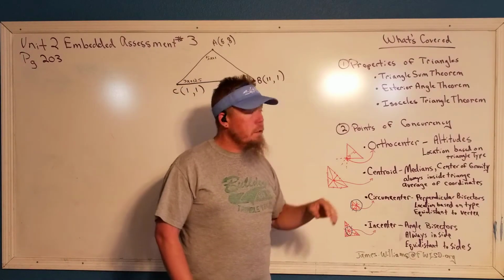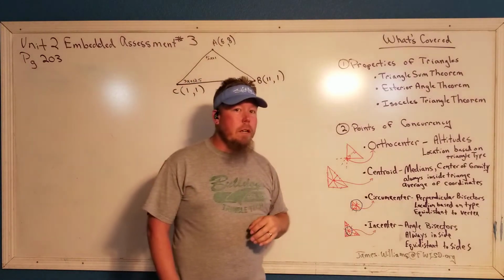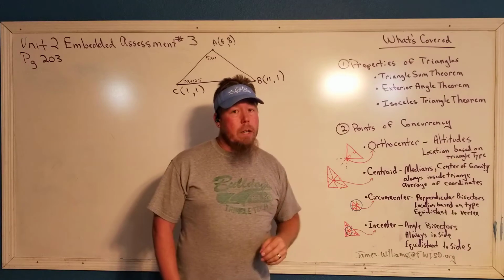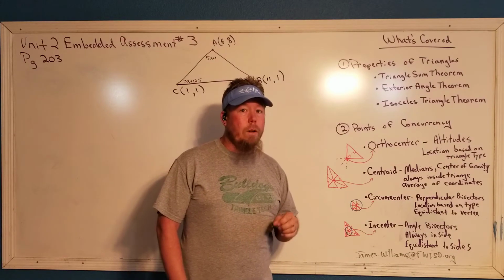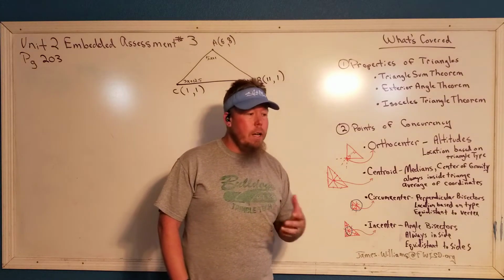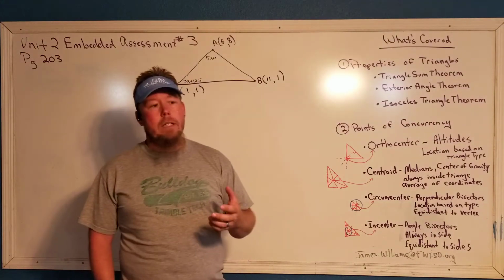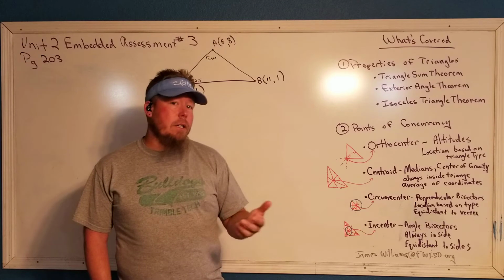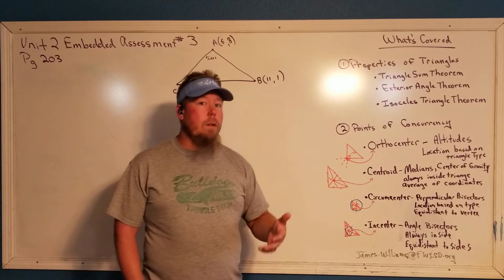So properties of triangles, I listed the three main theorems that are in that section. Triangle sum theorem, which basically states that the sum of all three angles of any triangle is going to add up to 180 degrees. And most of you are comfortable with that. Maybe you just didn't put it in English yet, but if they give you two angles and they ask you for the third, that's how you solve it,